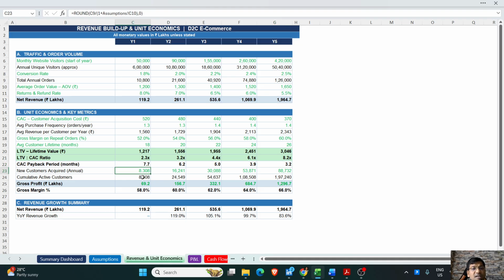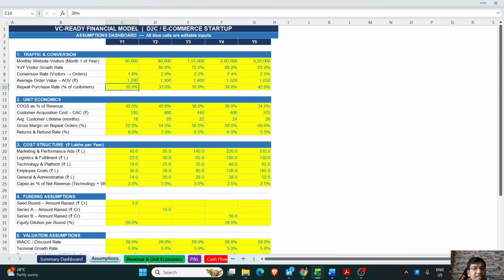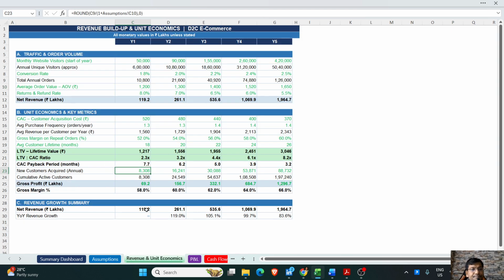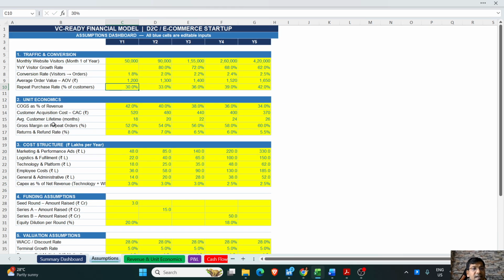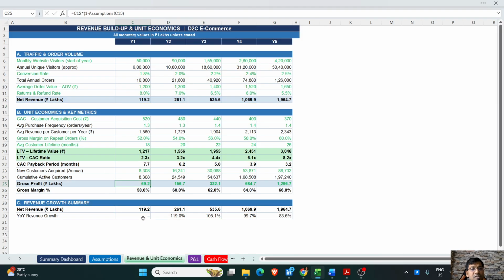The new customers acquired annually again will be a metric which will be 10,800 orders divided by 1 plus assumption C10, which is repeat rate. So I have my cumulative total number of customers. I have my gross profit, which is my total revenue into 1 minus assumptions C13. Assumption C13 is the COGS as a percentage of revenue. So from 42%, 40%, 38%, 34%, it falls down. And my net revenue therefore will be